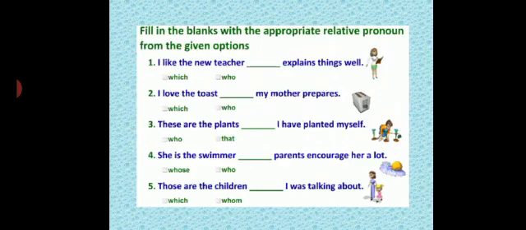Options are which, who. What will you fill up here? What do you think? Now the pronoun should refer to the subject teacher. Then will you write which or who? Guess. See, I like the new teacher who explains things well. So who should be your correct answer. So now already one I have solved for you. The remaining 4 sentences you can do on your own. I love the toast dash my mother prepares. Options which, who. Fill up the correct pronoun. Number 3. These are the plants dash